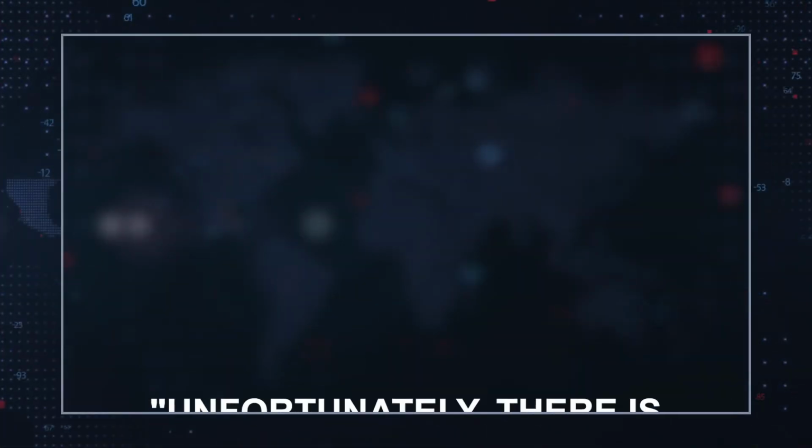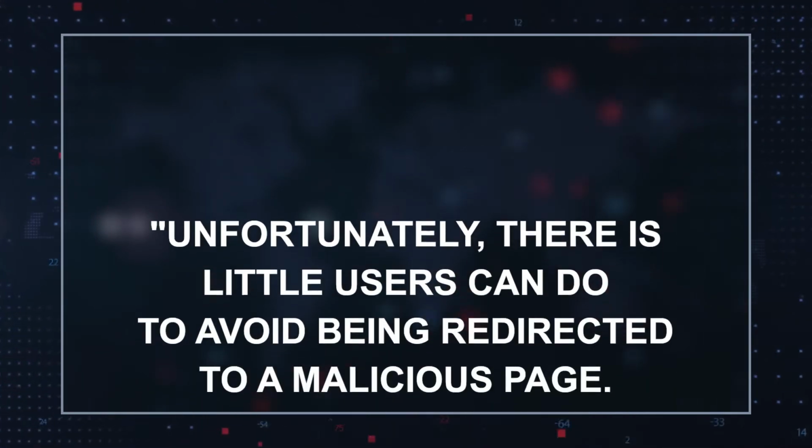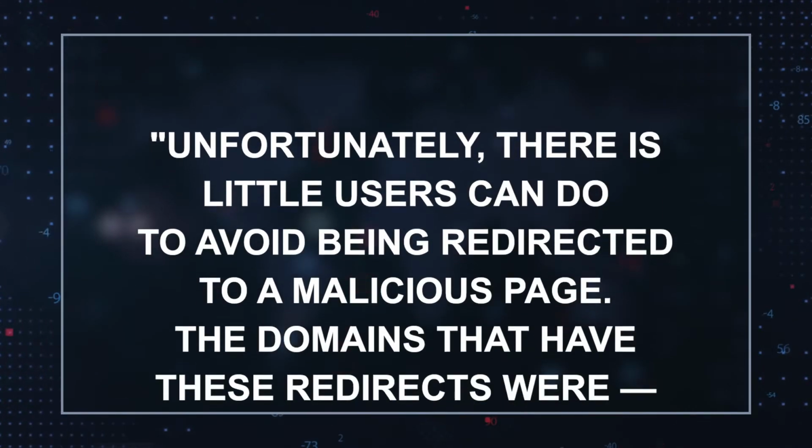It is assumed that the criminals behind this campaign are part of a well-organized network that can divert traffic to malicious websites. They can do this by using redirects from legitimate domain names and exploiting the resources of known domain auction sites. According to Dmitry Kondratiev of Kaspersky Labs, unfortunately, there is little users can do to avoid being redirected